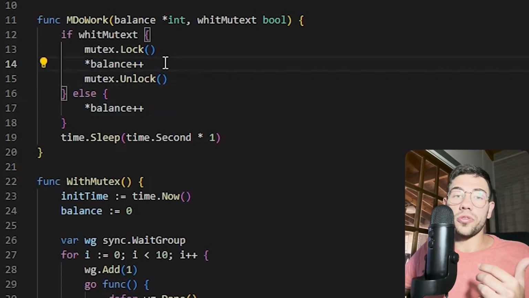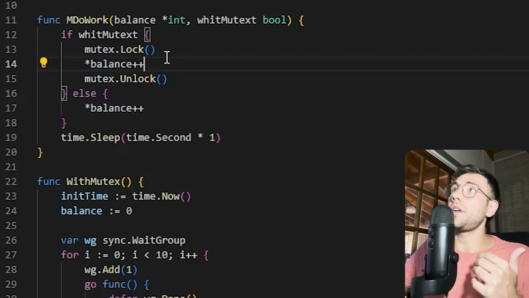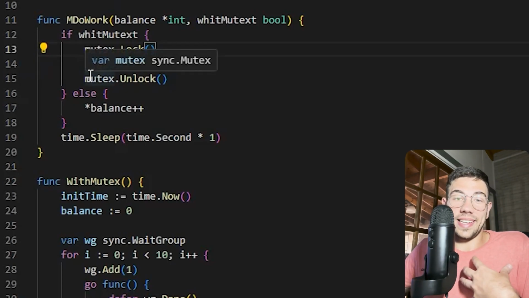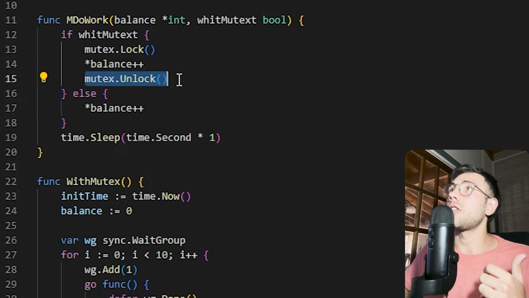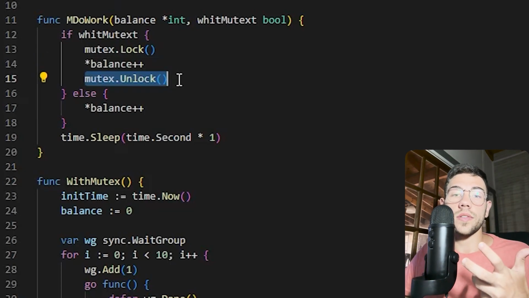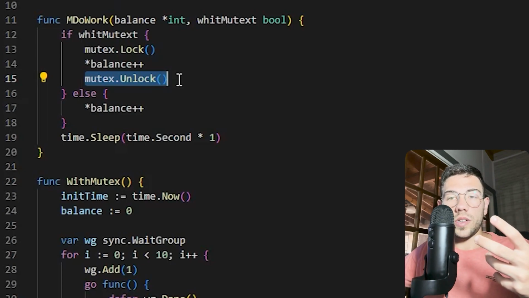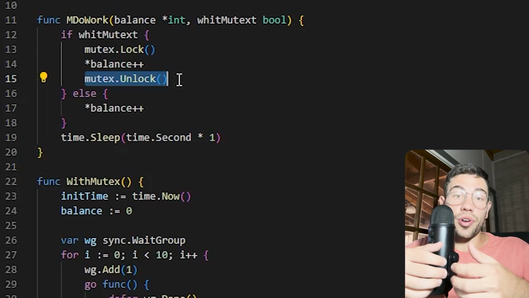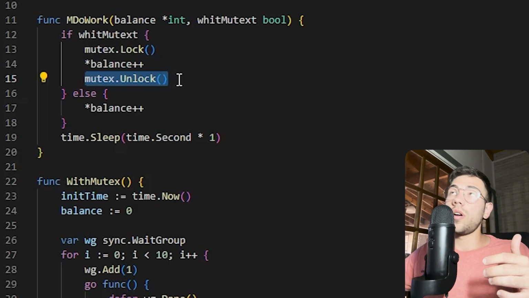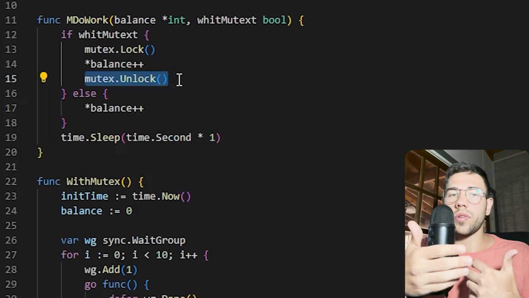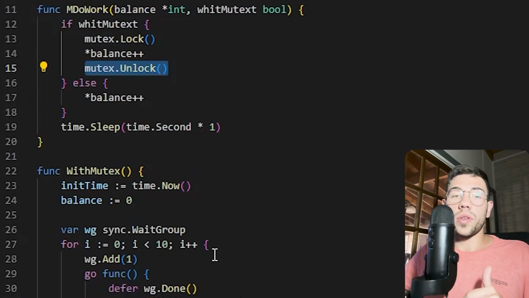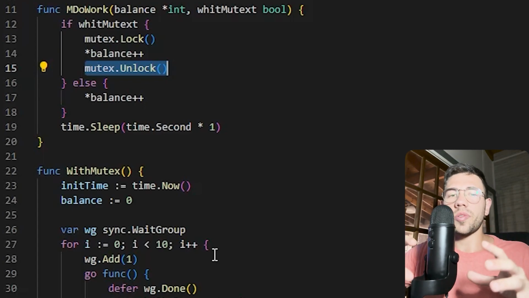So the other coroutines will be waiting here until our coroutine that locked this Mutex does the following, that is, unlock the Mutex. When we unlock the Mutex, we put the Mutex on the green light again, so other coroutines can access this particular resource. And that's all, because with this we guarantee that all the coroutines that want access to this particular resource get it